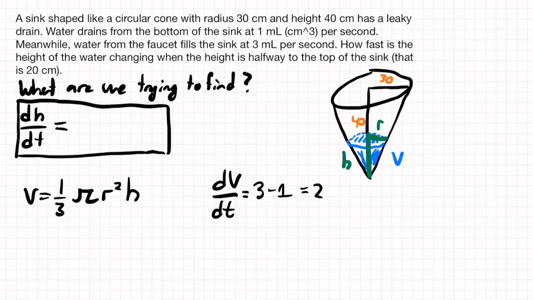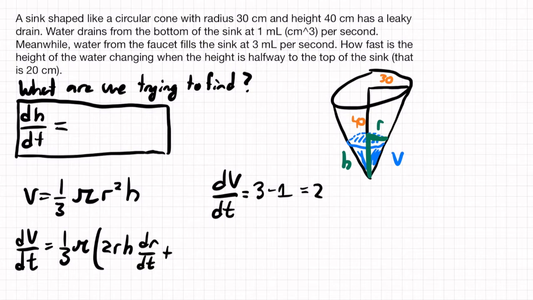So knowing dV/dt, we want to try and find dH/dt. How are we going to do that? Well, we have this equation with both V's and h's in it, and we can just take the derivative. So let's take the derivative of this with respect to time. So to take the derivative, what we'll get is dV/dt, and then we need to make sure we do the chain rule here. So we'll do 1/3 pi times, well, wait, we have 2r times h dr/dt